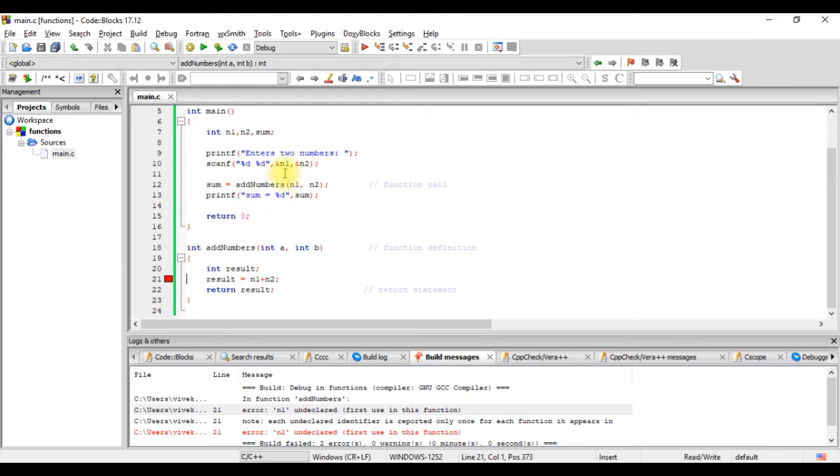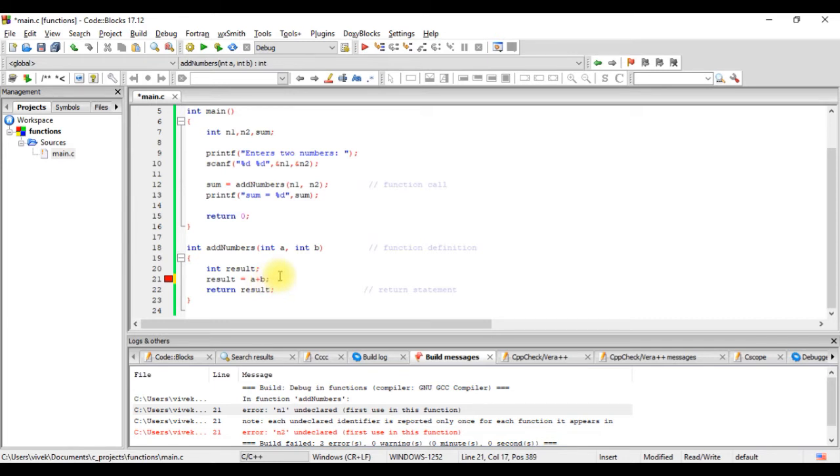That is because the scope of these two variables n1 and n2 is limited only within main, only from this brace to this brace. The variables are not visible outside the main function. That is why it gives us an error here. So we have to rename them to a and b.